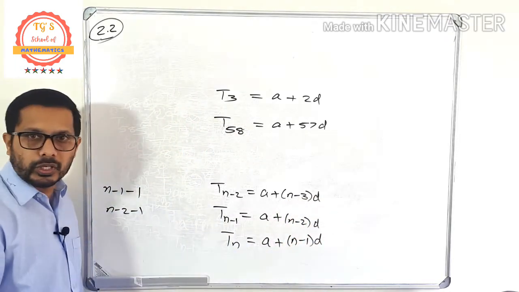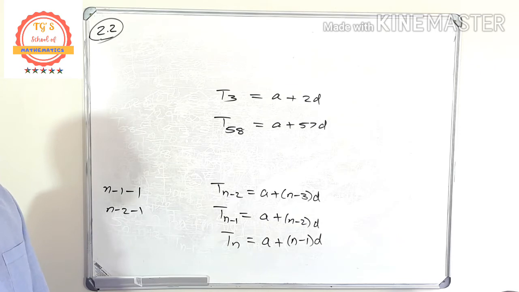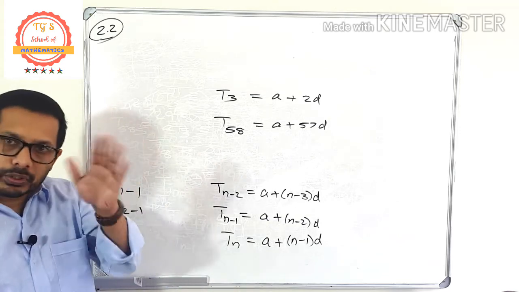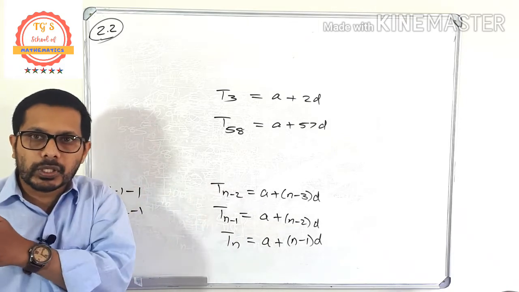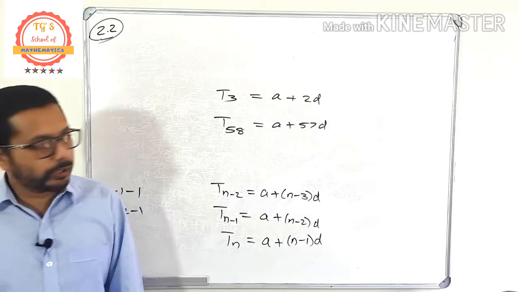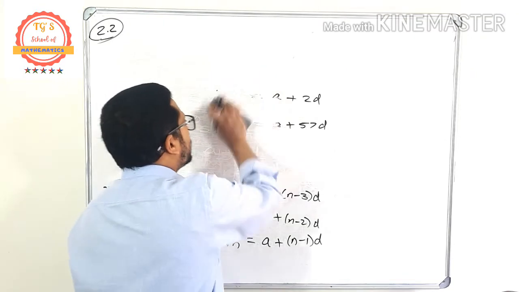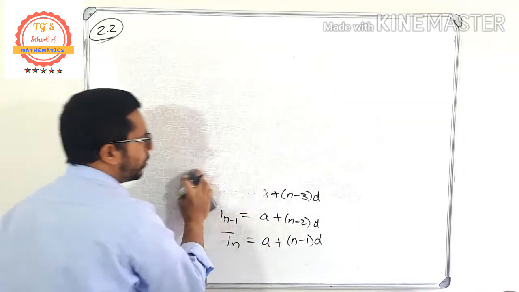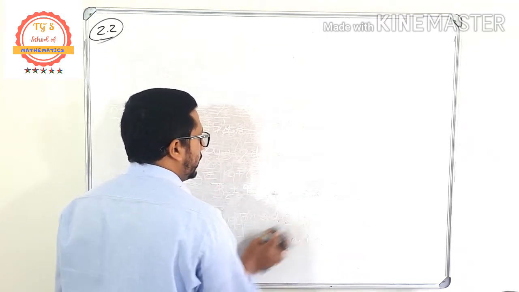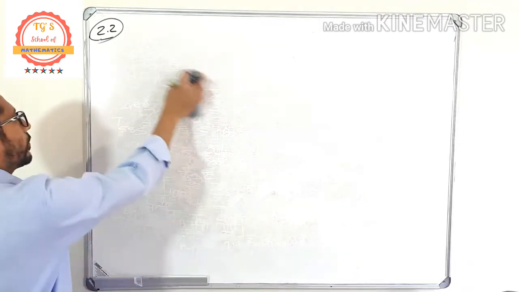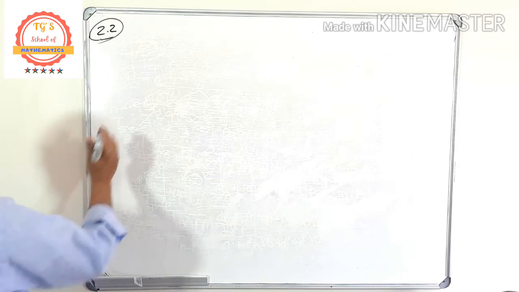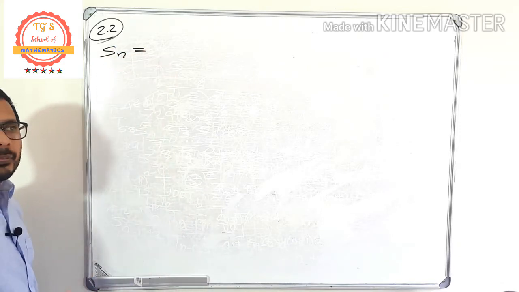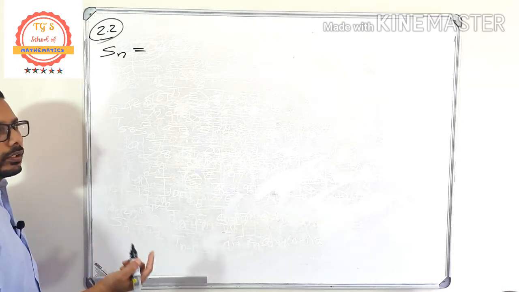Do you understand? Okay, so you know that if you want to find the sum, you have to add all these things, a plus d, a plus 2d. Okay, so look at what I'm going to write now. I want to find the sum of an arithmetic sequence. So I'm going to write the general equation like this. Listen very carefully. Sn is equal to, I want to find the sum of an arithmetic sequence generally.